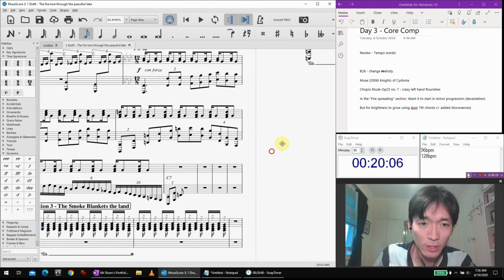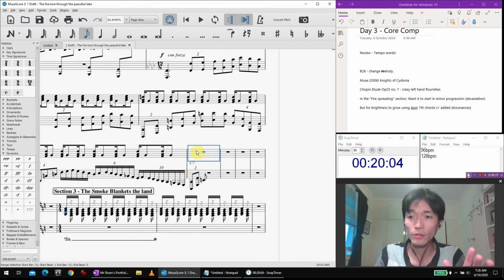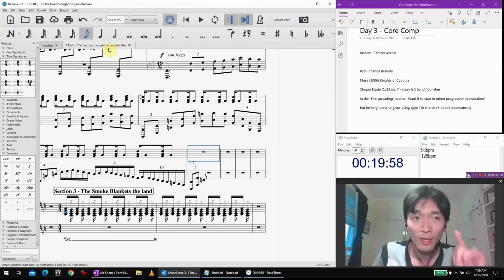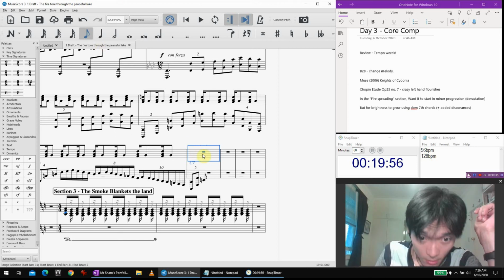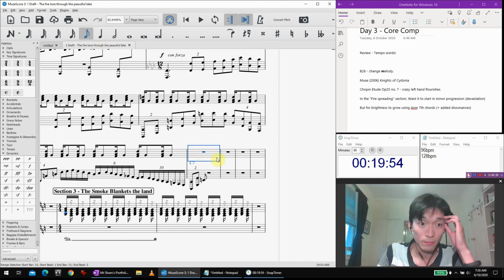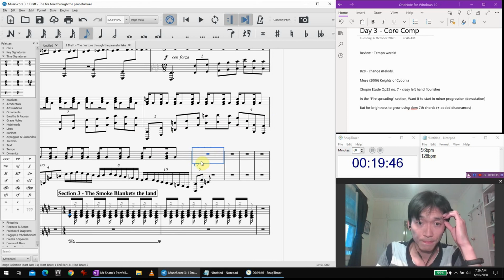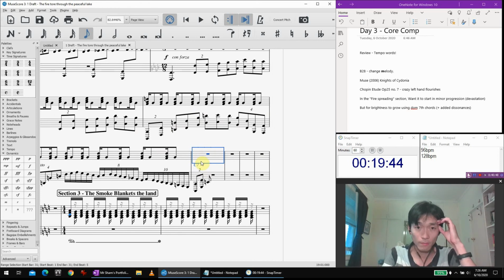Okay, here's what we're going to do. Let's try an idea. I know the hard thing about my composition process is I don't have a piano right next to me right now, so it's hard to demo it, but here's what I'm thinking. Half a bar of single hand tremolo followed by a double hand tremolo.